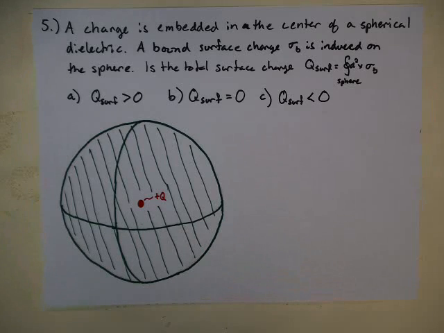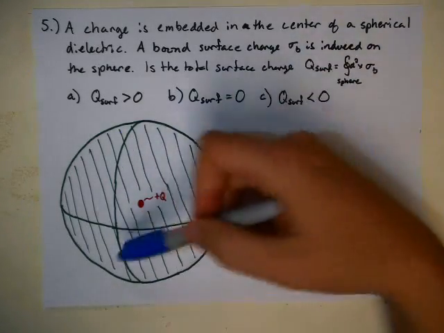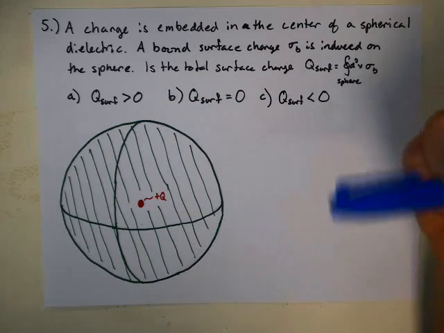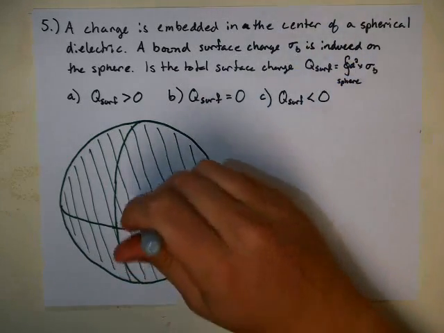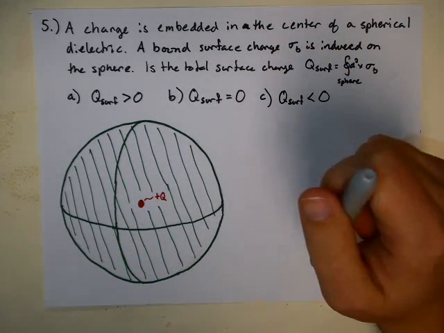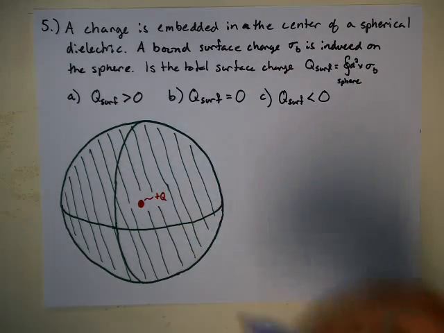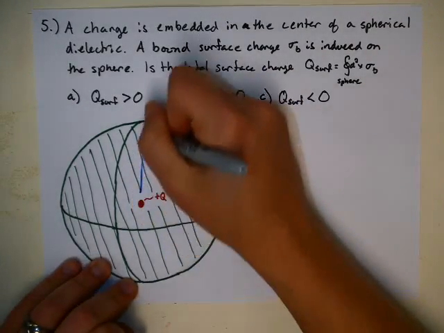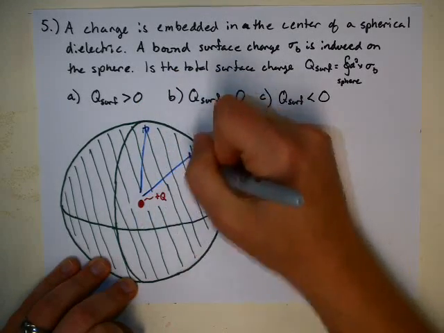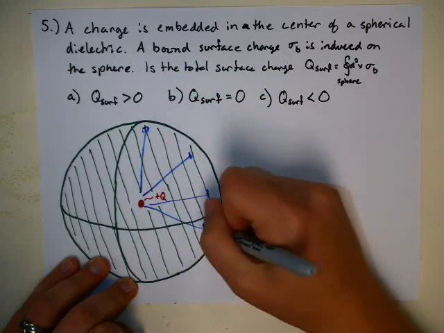Second midterm practice exam, problem 5. A charge is embedded at the center of a spherical dielectric, so this big green sphere is a dielectric. I stick this red positive charge into the center of that, and when I do that, the electric field from this positive charge is going to polarize the dielectric, right? So I'm going to get a radial electric field